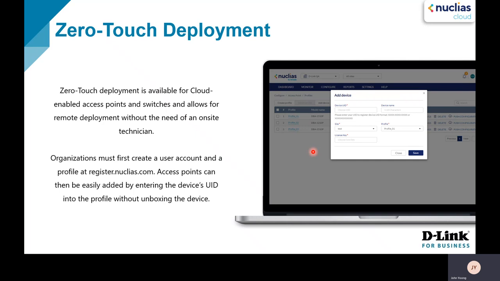Okay, the profile for the AP and the profile for the switch. The next, of course, the MSP will need to create the organizations for this customer. And inside, you will be able to add in all the APs very, very easily through the UID. You don't need to unbox the device at all. The UID will be printed on the box. You can just put it in, or you can use the Nuclias Cloud apps to scan the QR